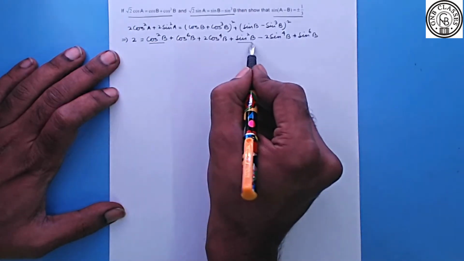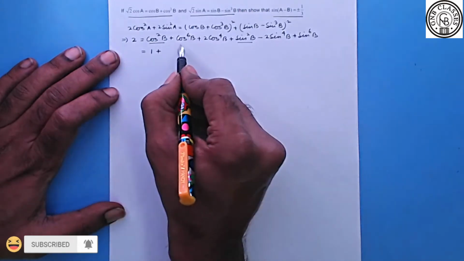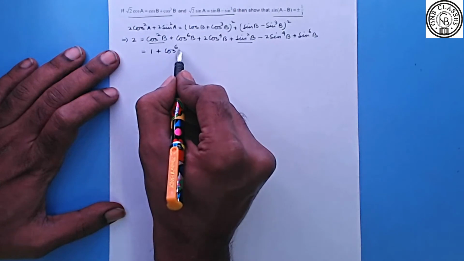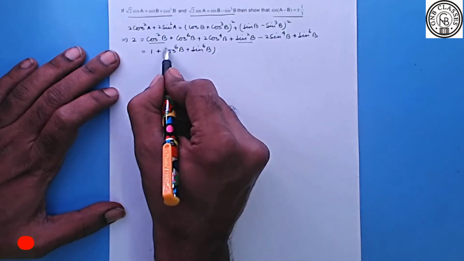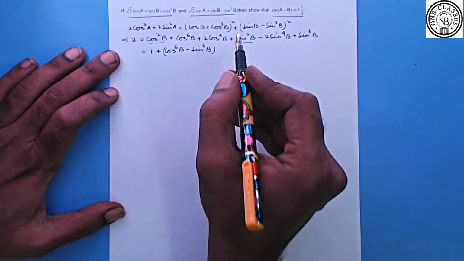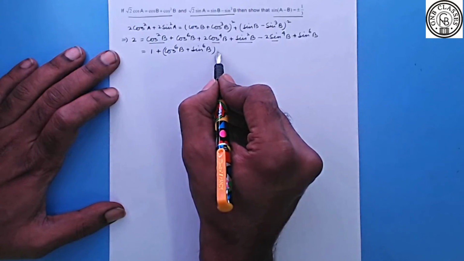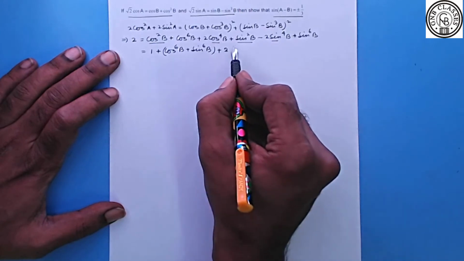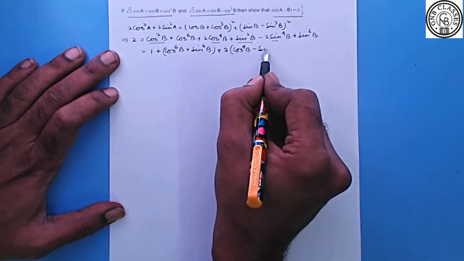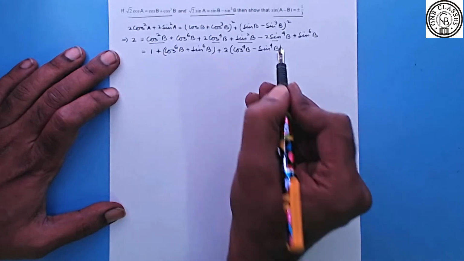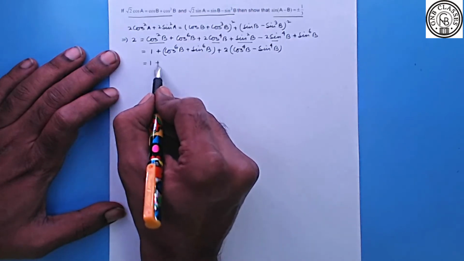Cos square B plus sine square B will give you 1, plus cos to the power 6B plus sine to the power 6B. I'm taking 2 common from this 2, so we are having cos to the power 4B minus sine to the power 4B. Is it clear? So now we can write 1 plus